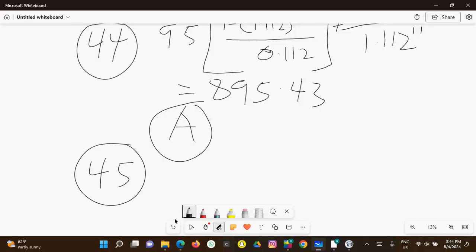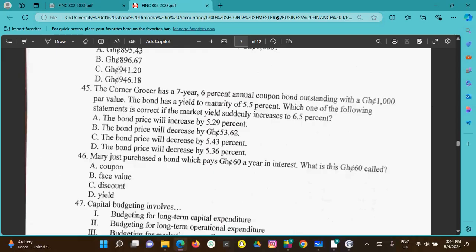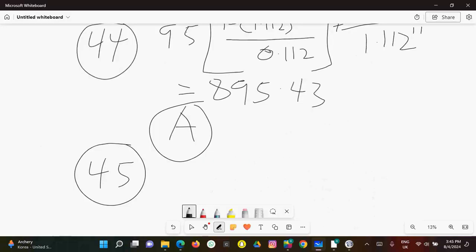45. The company has a 7-year 6% annual coupon bond outstanding with 1,000 par value. The bond has a yield to maturity of 5.5%. Which of the following statements is correct? If market yield suddenly increases to 6.5%. So now let's calculate before and after. Before it will change, so